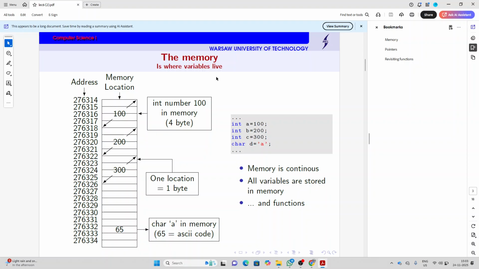Okay, so when we declare a variable, the variable is stored in the memory, right? So every variable has its memory, right? So if we have an integer variable, it will be stored somewhere in the memory, right? If you have a double, it will be stored in the double memory. And we also know one thing that